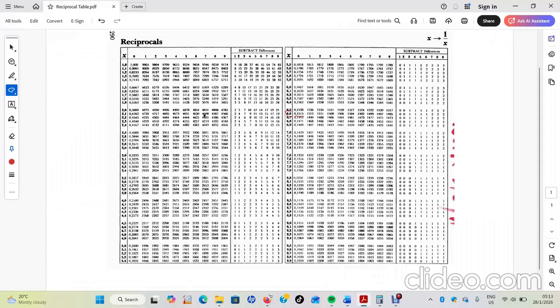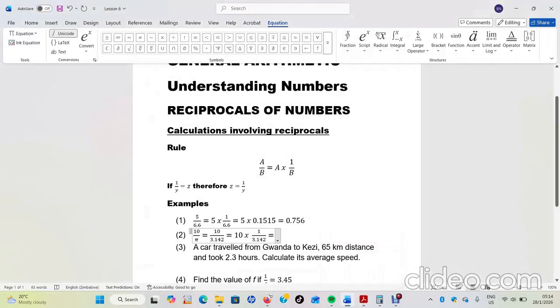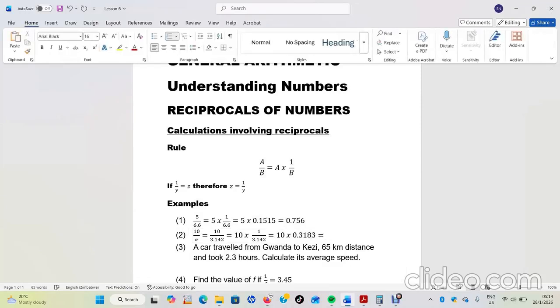You go to the reciprocal tables, and on the x column 3.1, then we go under 4, and then on the subtract differences column we look for 2, then it means we subtract 2. So we will have 0.3185, so it will be 10 times 0.3185, but subtract 2, it becomes 0.3183. So 10 times 0.3183, then the answer is 3.18